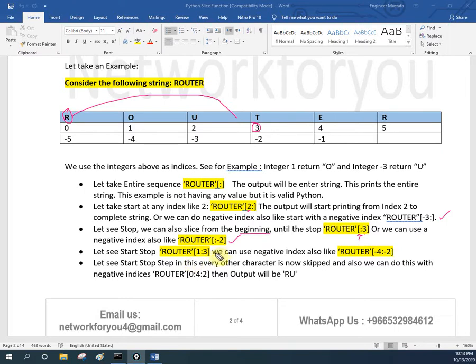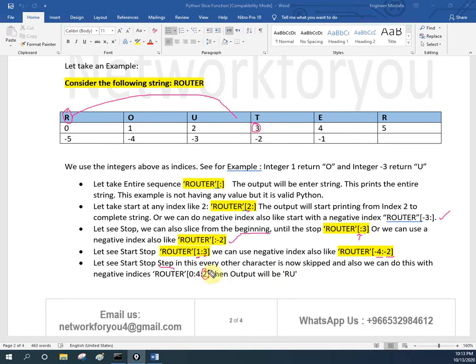If you want, we can take both starting and ending values, and negative also. And if you want to skip something, we can use the step. By using a step, we can skip. Start, stop, step.